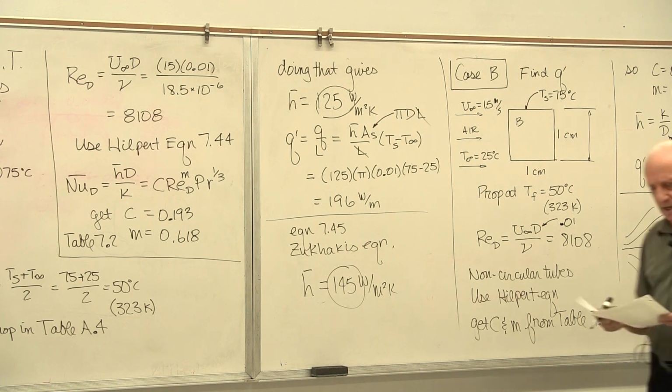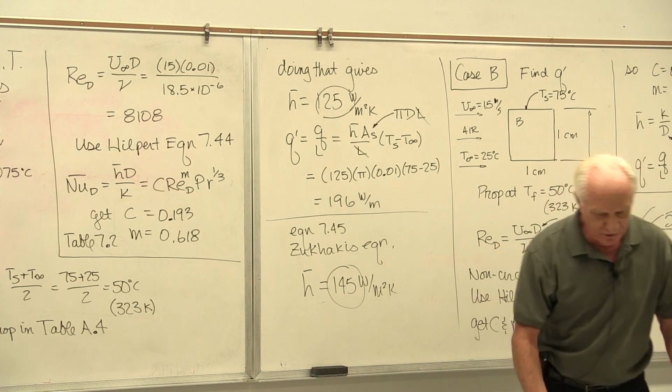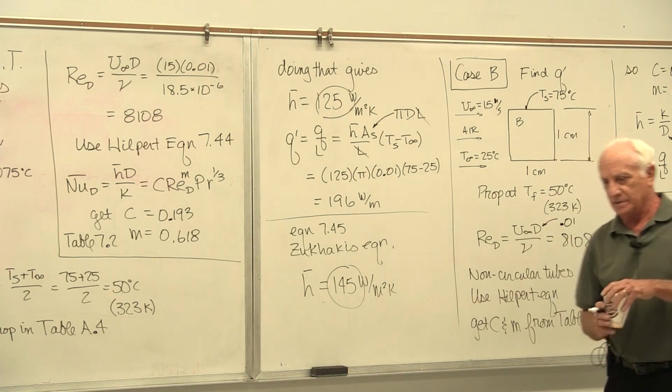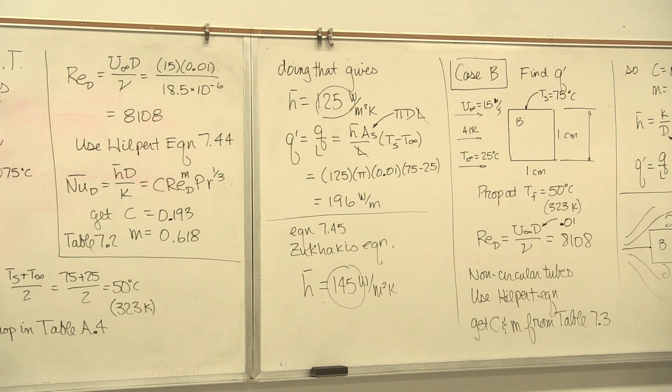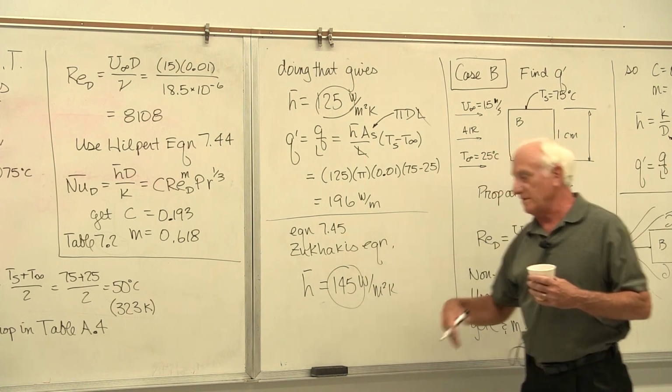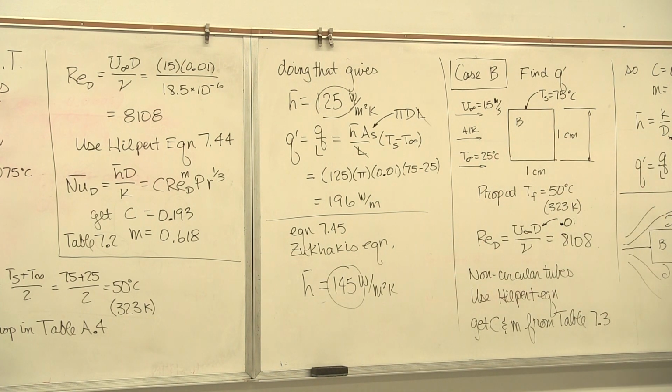So we're not going to use that in this class, I told you, but just so you know, you can get h bar a couple ways from the textbook: Hilpert, or equation 7.45, or if you want to do the one by Churchill, you don't need to use a table for it. One equation fits all. Then that'll give you a different h bar. So the h bar will change. Don't expect them to be the same. All right, any questions on this before I erase this and start another example? Okay.